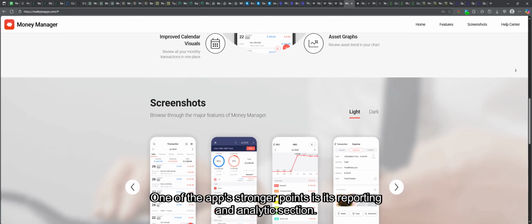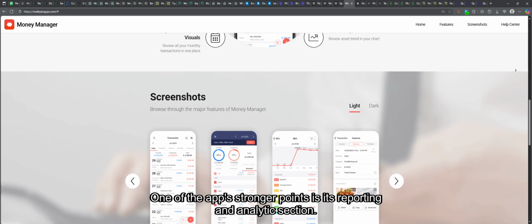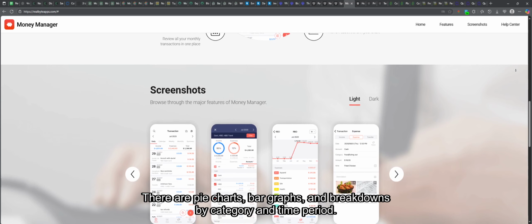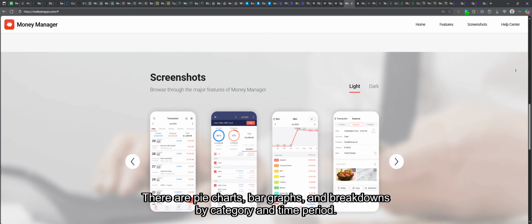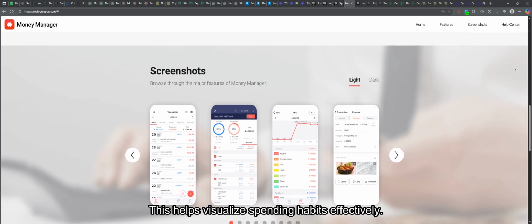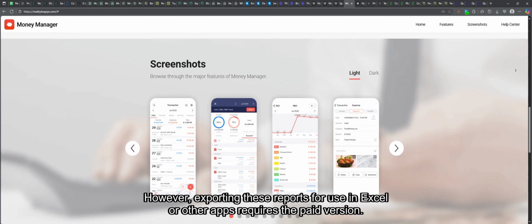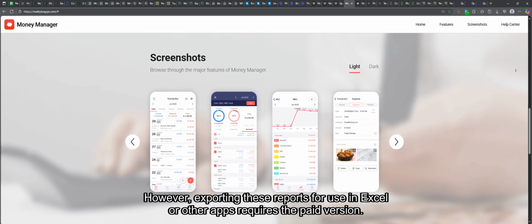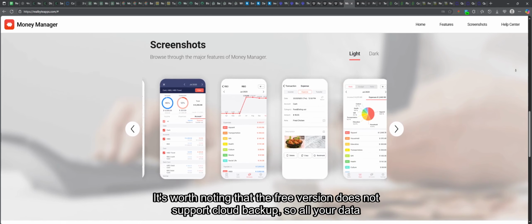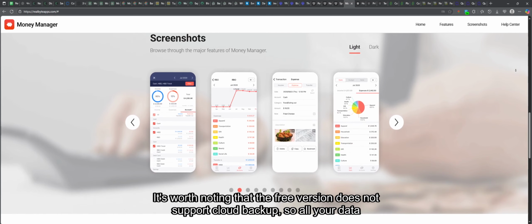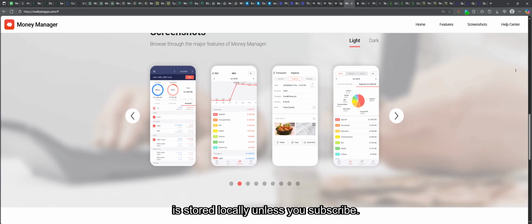One of the app's stronger points is its reporting and analytics section. There are pie charts, bar graphs, and breakdowns by category and time period. This helps visualize spending habits effectively. However, exporting these reports for use in Excel or other apps requires the paid version. It's worth noting that the free version does not support cloud backup, so all your data is stored locally unless